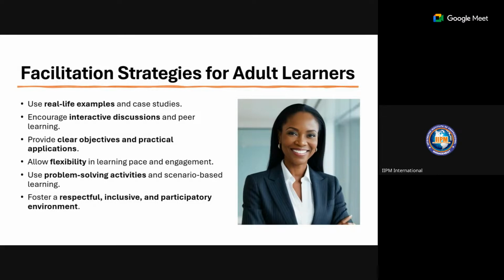Sometimes your problem-solving activities could be real life. However, scenario-based could be hypothetical. Sometime ago, I listened to Sam Adeyemi, and he said prior to COVID, he had started a learning series on scenario-based planning. He had this group of leaders, and they created a hypothetical situation. What if there is a pandemic? Now, prior to that time, there was no pandemic.